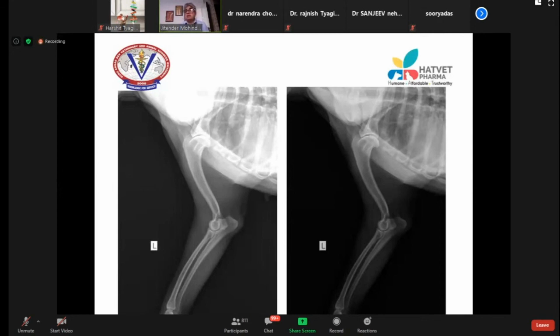Whenever there is a fracture, if you have unfortunately met with an accident, you know that whenever your limb swells up, there is edema and there is swelling of the limb or the hand, whatever is fractured. And it's painful also, and that swelling is visible on the radiograph like this.